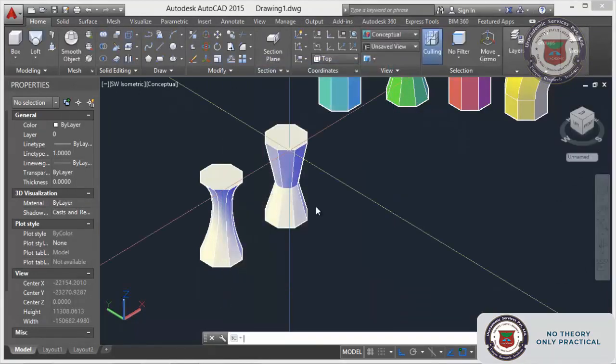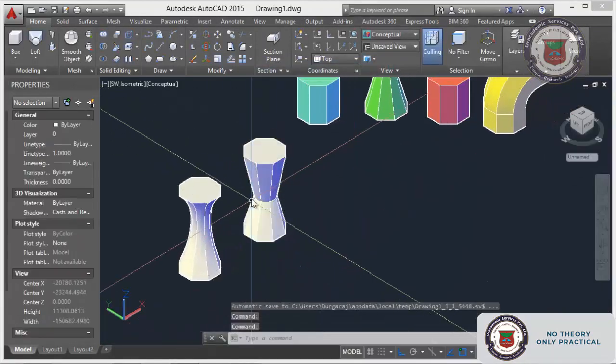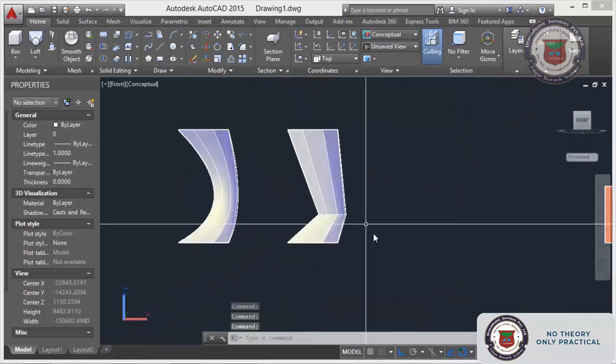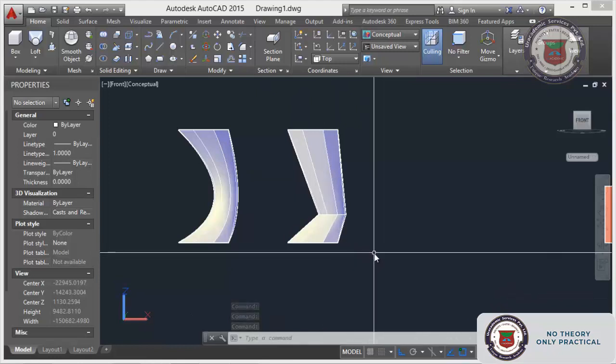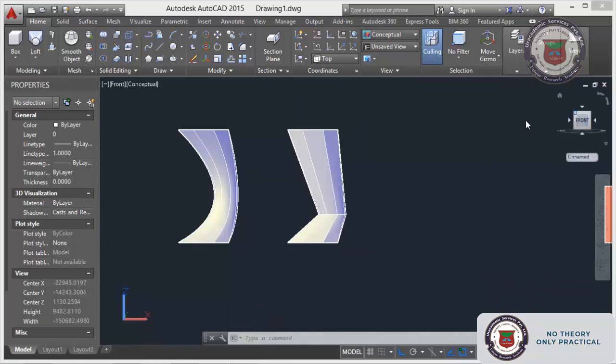This is the second one. You just see it in front of you, how it looks. See how it looks. This one is 1000, this one is 3000. So that is the difference.